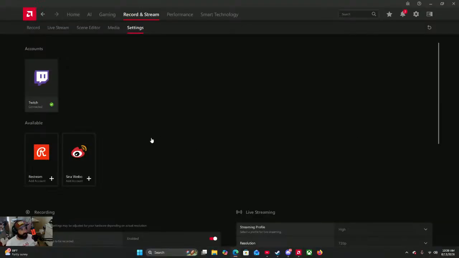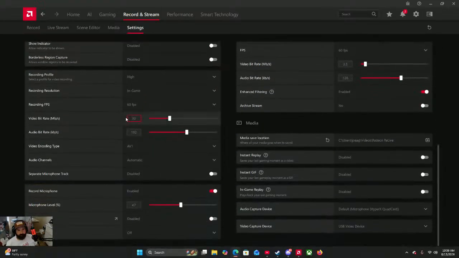Once that is done, you can either right click your desktop, go to the bottom right, or you can just press Alt Z, full screen. Once you're in the home menu, or wherever you are, I want to go to Media and